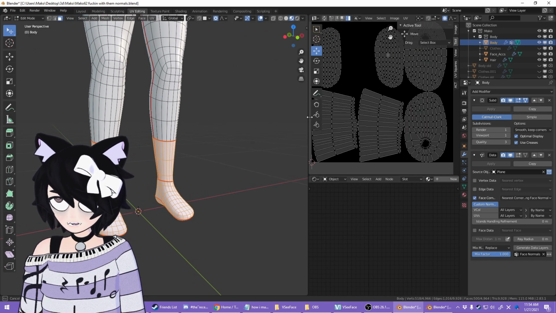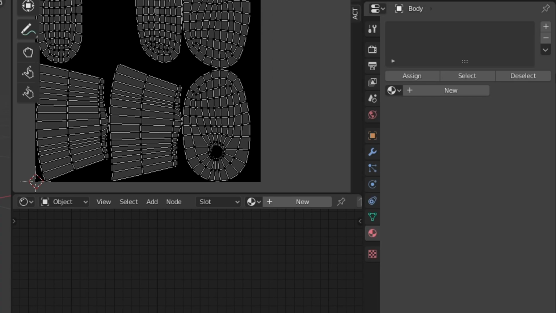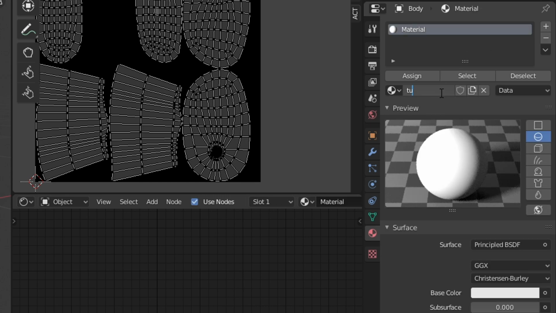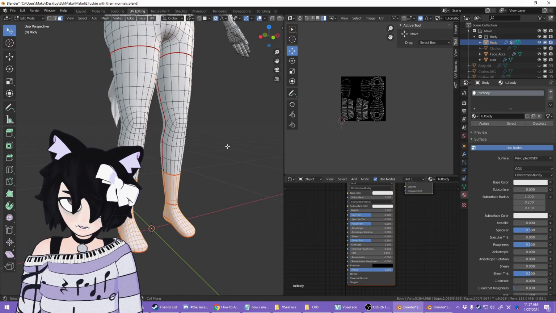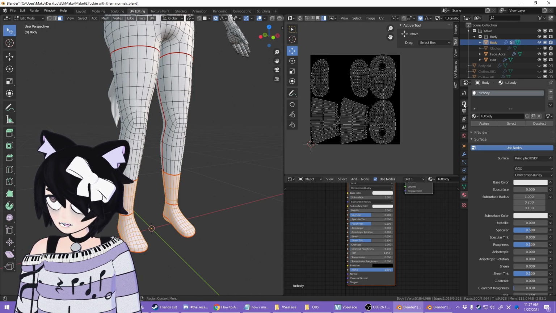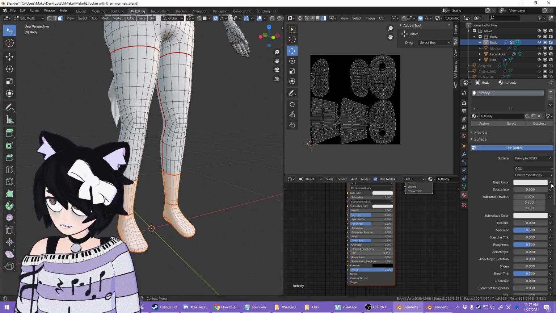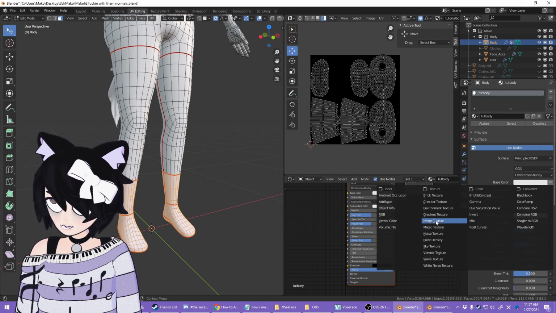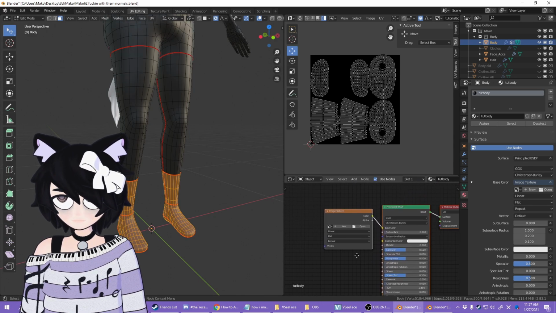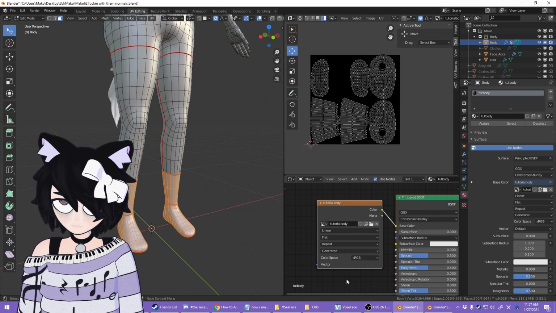If I move this a little bit and we go to, oh, we're already on texture mode, right? What we need to do is make a material for this, if we haven't already. I'm gonna name this body, whatever. So it has a material, but this material is just kind of nothing. We gotta assign it our image. If you don't see this use node section, go up over to render properties and make sure you're on Eevee. Then for base color, you can click this little circle here, click image texture, and you have to actually assign your thing right here.